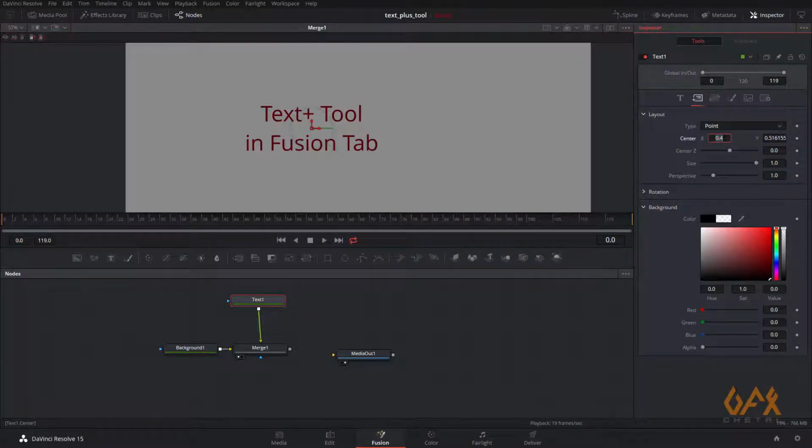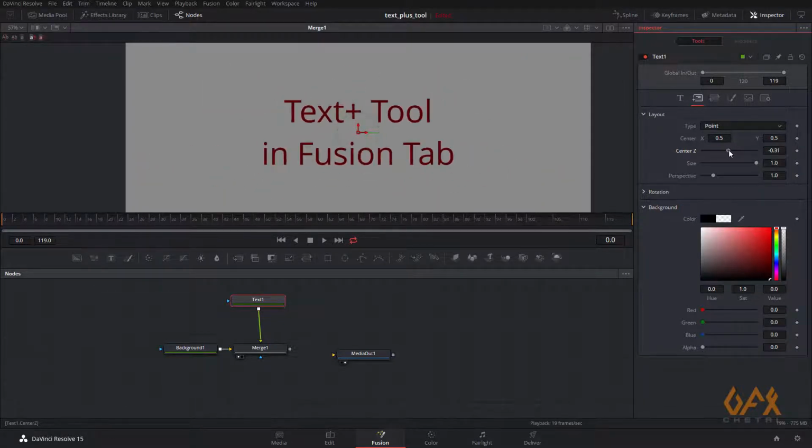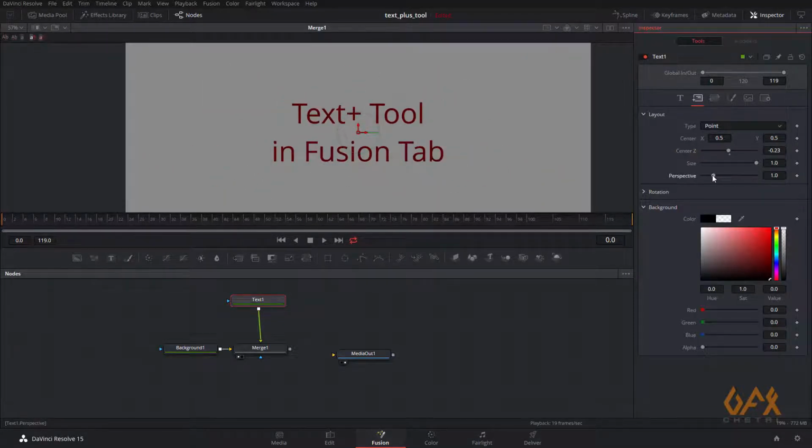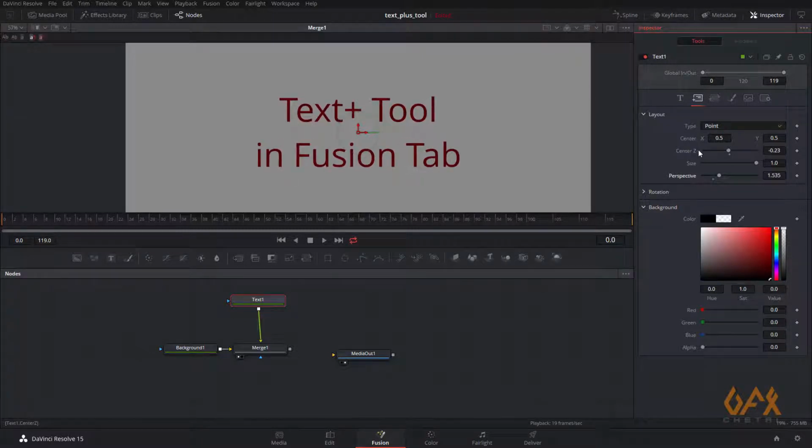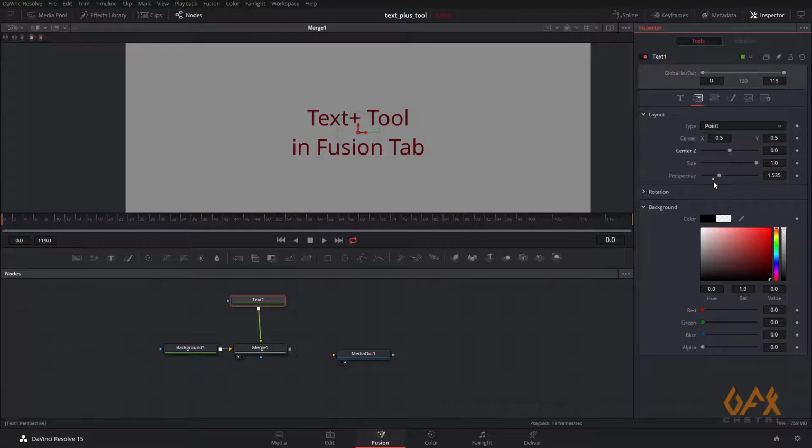Okay, I just reset the thing, 0.5, 0.5. This is my center Z. You can even change the perspective if you change this center Z. I reset these things.